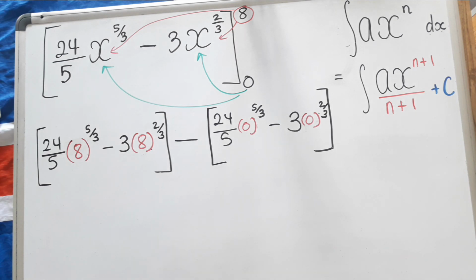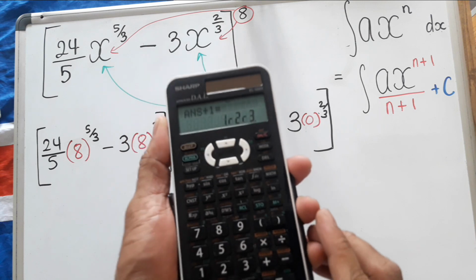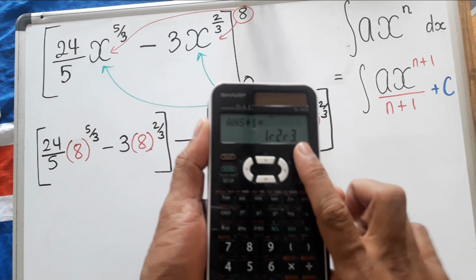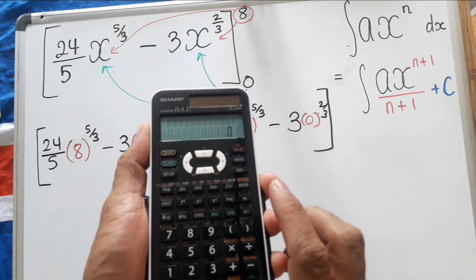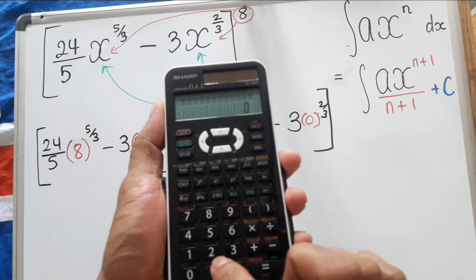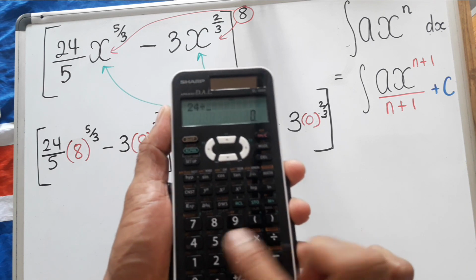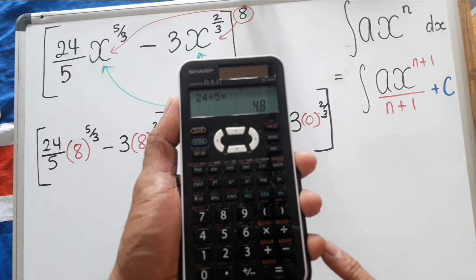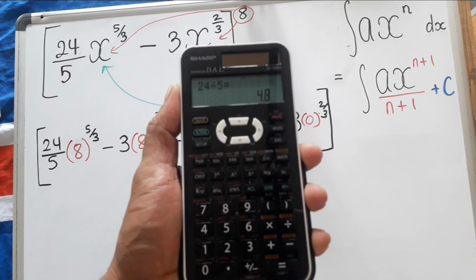Alright. So I'm going to show you. Hopefully you can see everything here. Right, that looks great there. Okay, hope you're not getting any glares there. So, it's 24 divided by 5. I'm going to press equal. So 24 divided by 5 is